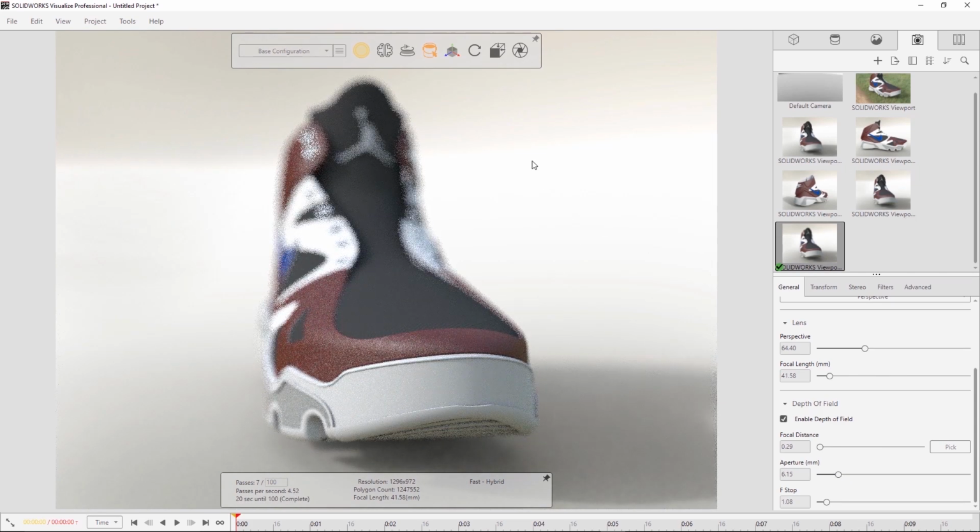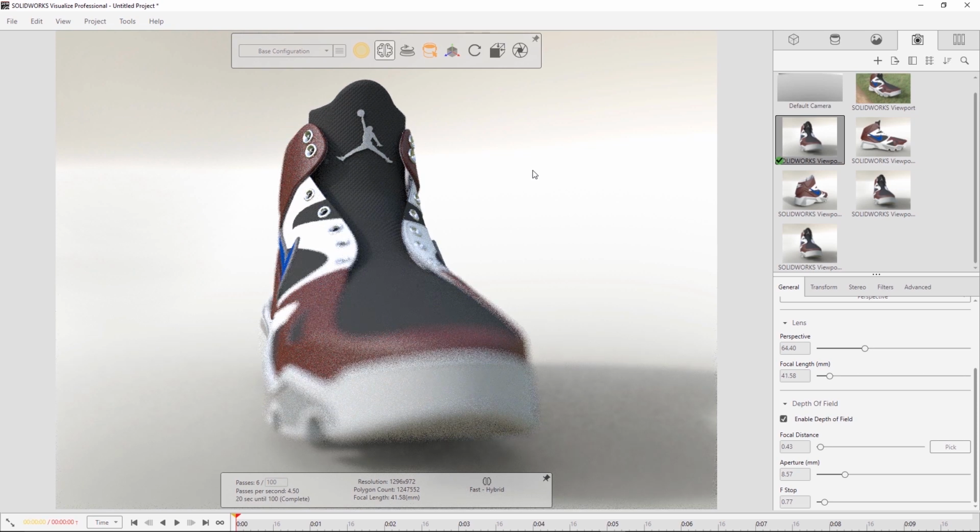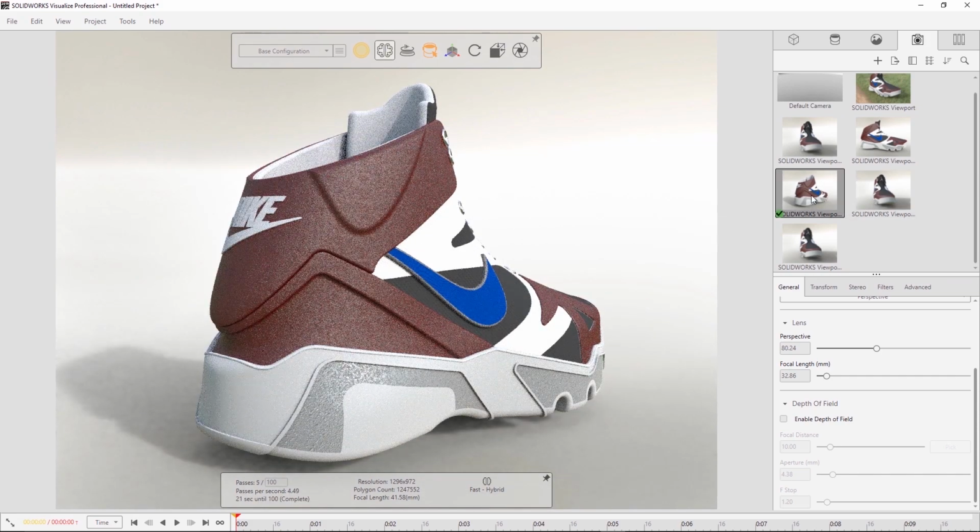But you can see now that we've got two images. So we've got this one here, where we've got the front of the shoe in perfect focus, and you can see Michael Jordan's blurred out. And also, if I go then back to the other one, you can see that Michael Jordan is in focus and the rest of the shoe is blurred out. So again, really quick and really straightforward to be able to make some really nice images.